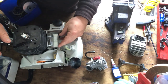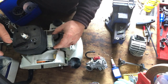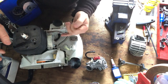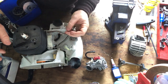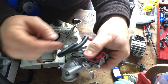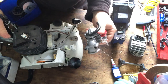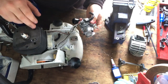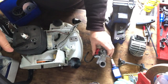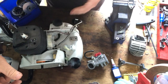I call it a line because I'm used to talking that lingo. The newer chainsaws don't have this hole that runs from the engine. They actually just have it's like a fuel line. It's just like what's on here. They have this kind of line, or like what this is, so that runs between the engine impulse hole and the carb impulse inlet, and that's what they have. So now that's on,